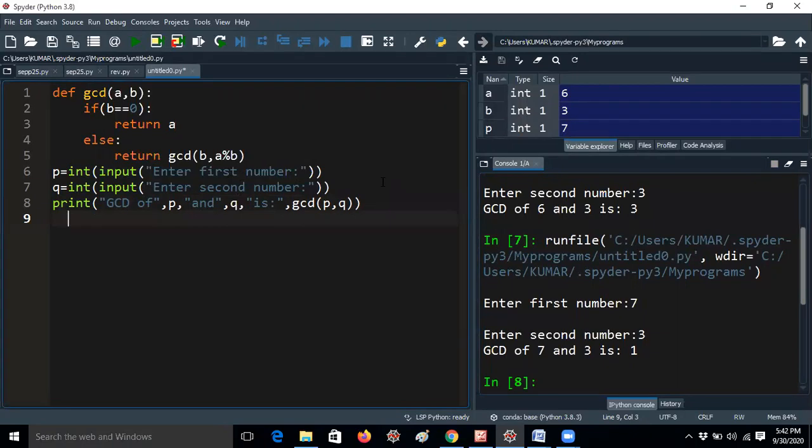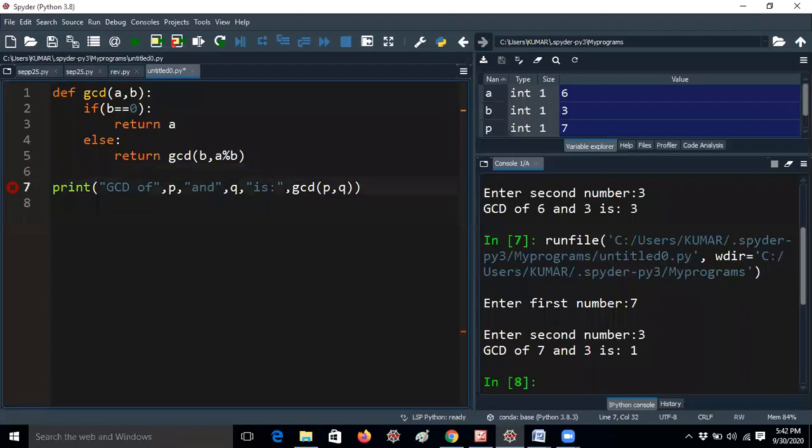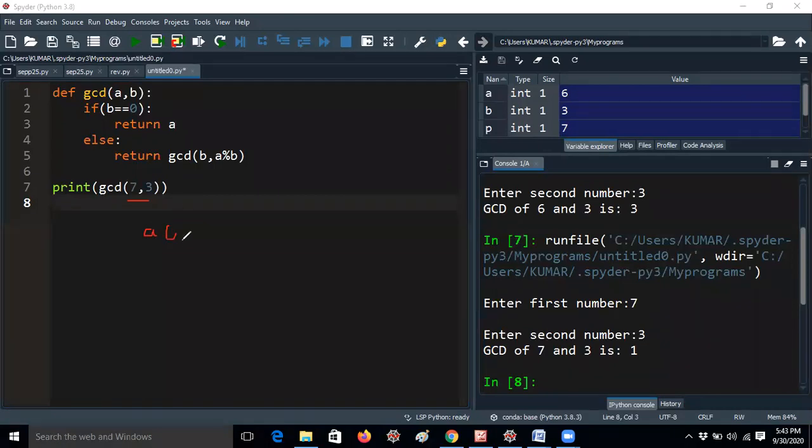For example, from an interview point of view, if they ask you to write a GCD program, especially in a technical interview panel, you don't need to write all these things, guys. You can just call GCD of any numbers, for example 7 comma 3. I already discussed that actual arguments are not only variables, which is a very, very important point. Whatever values you pass are called actual arguments. Actual arguments can be values, that means constants, variables or expressions. You can take anything, in C language, Java or Python, whatever it may be.